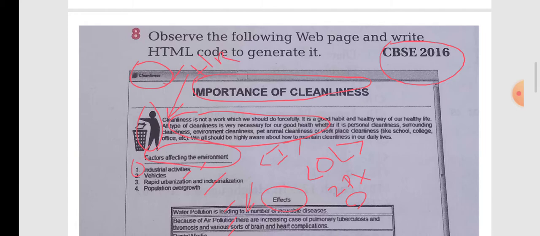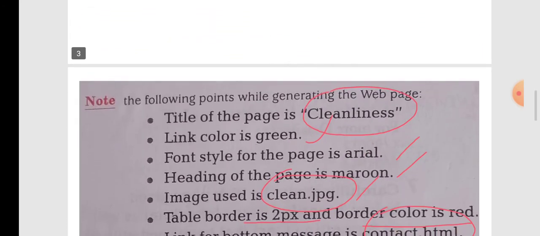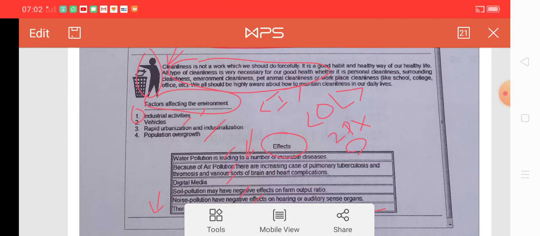If you fail to implement any concept, then marks will be deducted only for that concept or only for that tag. Suppose this question is of 10 marks, then if you fail to implement the image, only the part of the marks related to the image will be deducted and the others will be given.